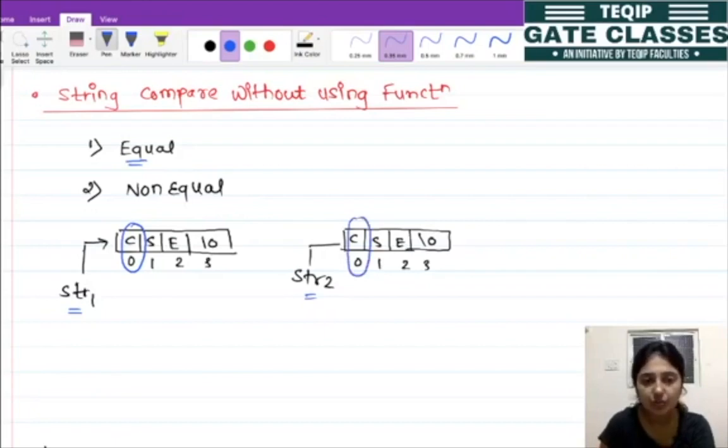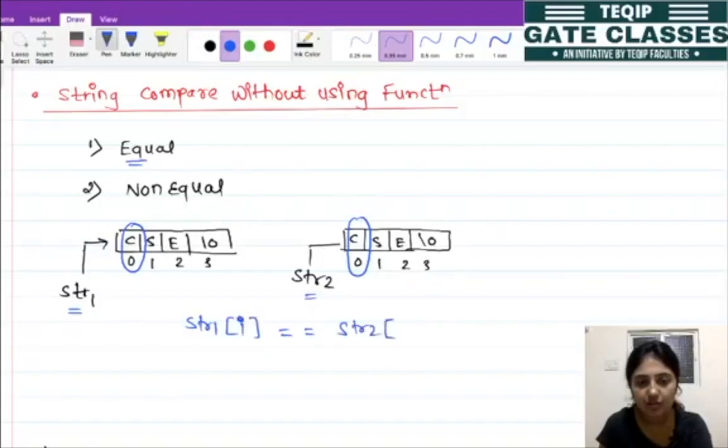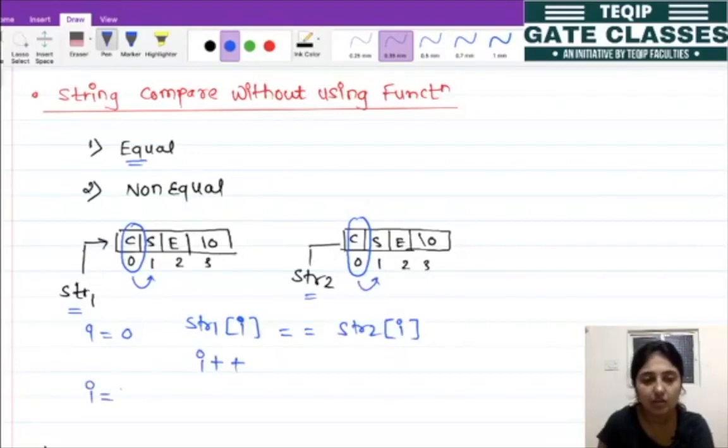And if str1 at a particular location is equal to str2 at that location, let's say i is 0 here, then we need to increment i, that means jump to the next location. Next time when the value becomes 1, again str1 of 1 is compared with str2 of 1, meaning the second element is compared with the second element of string 2, and we will continue this until we get the null character.